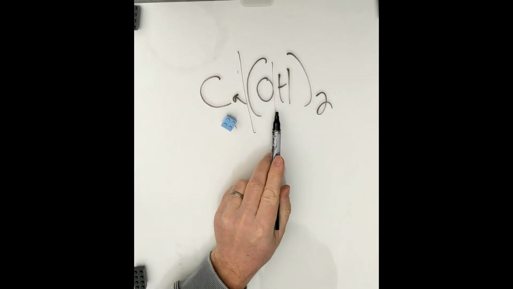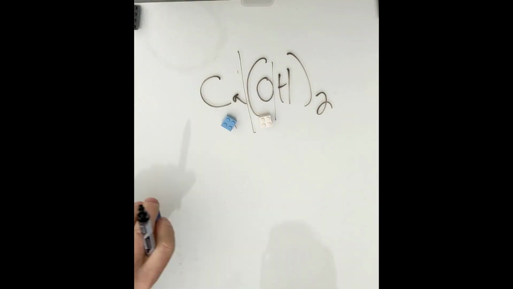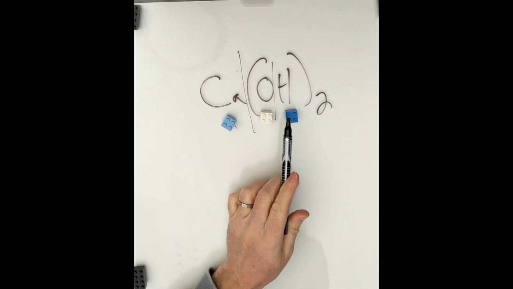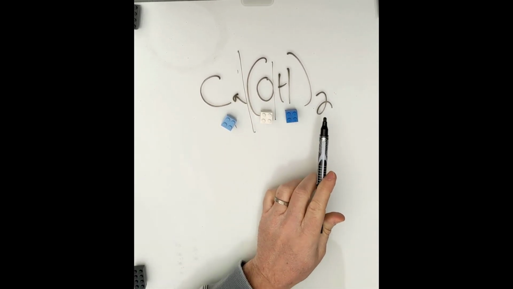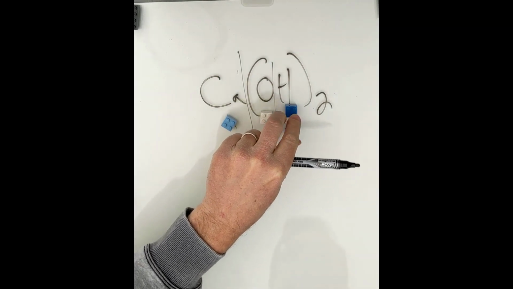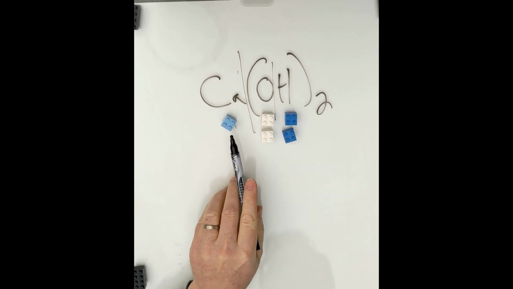Neither one of them by itself has a subscript. So in the parentheses there's only one of each, but outside the parentheses there's this 2, which means it doubles everything inside the parentheses, so that we have 2 oxygens and 2 hydrogens. We still only have the 1 calcium,